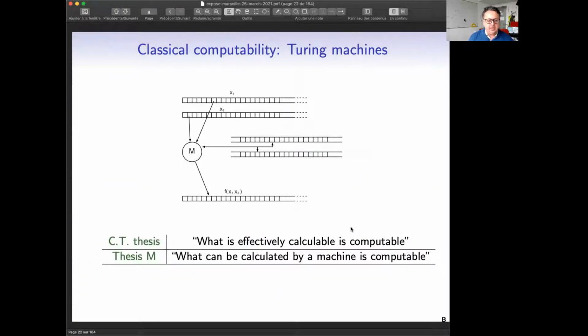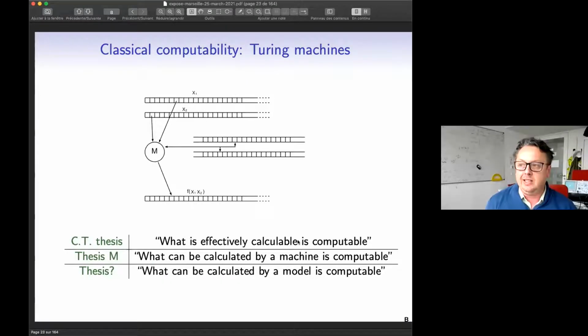And just in case, we are talking implicitly about the Church-Turing thesis, except that there are actually many variants of the thesis. The Church-Turing thesis is about what is effectively calculable is computable. And this is different from what is sometimes called the physical Church-Turing thesis, what can be calculated by a machine is computable by a Turing machine. And here we go to a discussion about what can be calculated by various models. Is this computable, and how does it compare to computability with Turing machines? Okay, anyway,